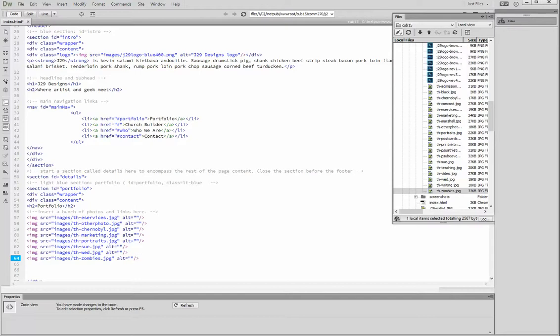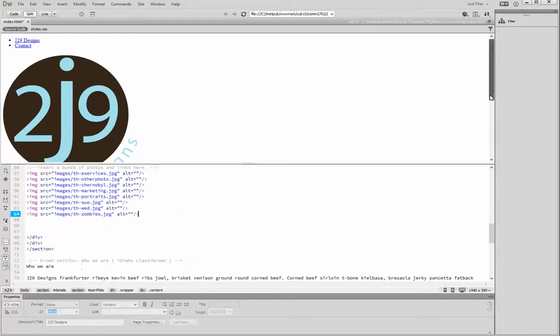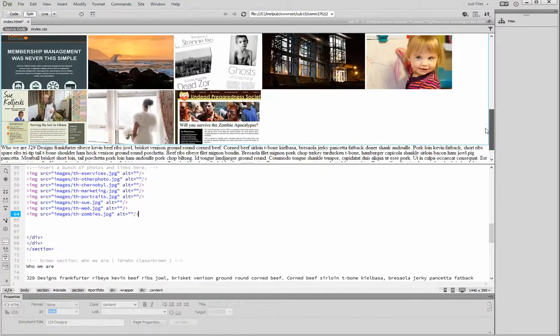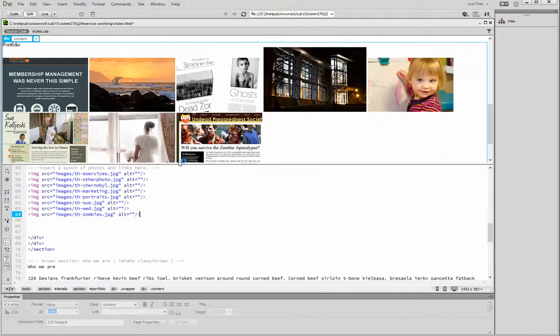If you're not seeing the photos, then it's going to be harder to write the alt tag, so you might at this point want to go ahead and do a split screen so you can at least see what those photos are. My screen, it looks like right now, is split over and under. In Window and Dreamweaver, you can switch that to tile horizontally or tile vertically. Currently, it looks like it's set to horizontally. We've been looking at it a lot